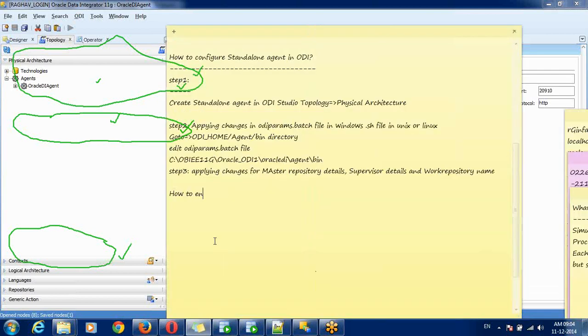How to encode a password? On the client side, ODI provides an encode utility for encoding a password. Open command prompt.